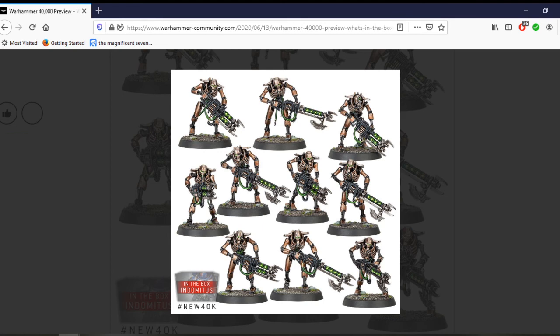But yeah, as you can see, they're all very battle damaged, and I like this. It's the whole story progression thing. Like the Necrons have been waking up. They've been waking up a lot of them for so long now, and they've been getting killed and rezzed and killed and rezzed so often that they will be starting to show battle damage, even with the whole living metal aspect, where they just regenerate themselves. I wonder if this psychic awakening has something to do with that, where now the living metal doesn't regenerate, and they are going to start losing numbers. But, you know, these new constructs have been created to try and,